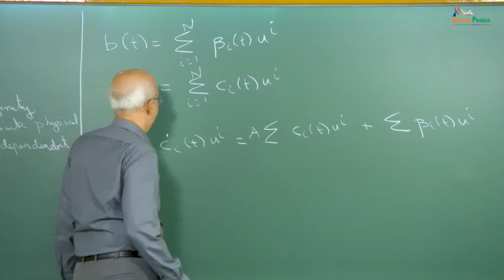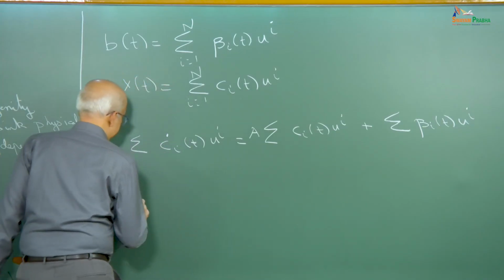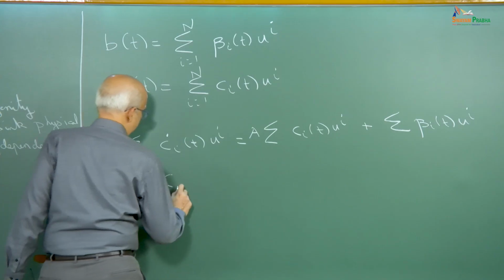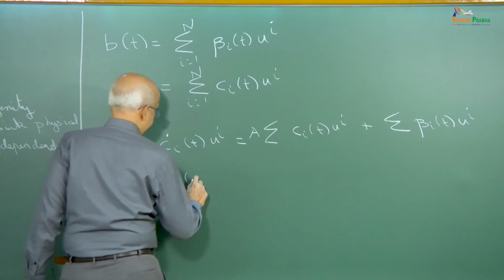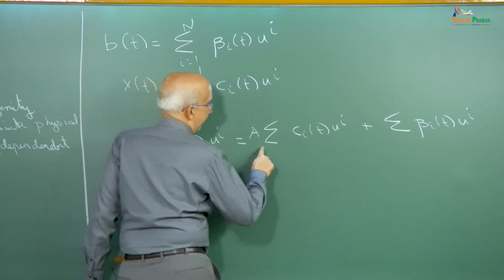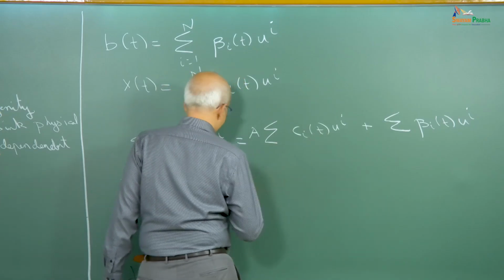Okay. Again, you can group all these terms together like we did before, and I get c_i dot of t minus A u_i is lambda u_i